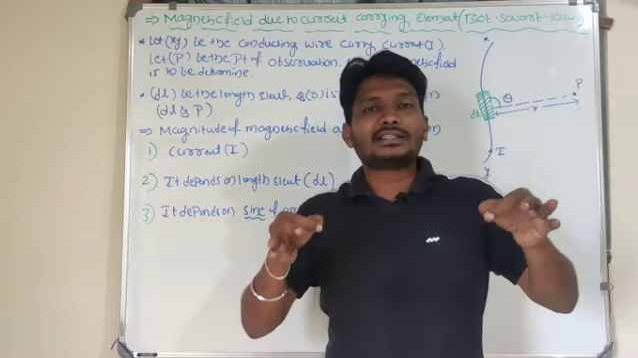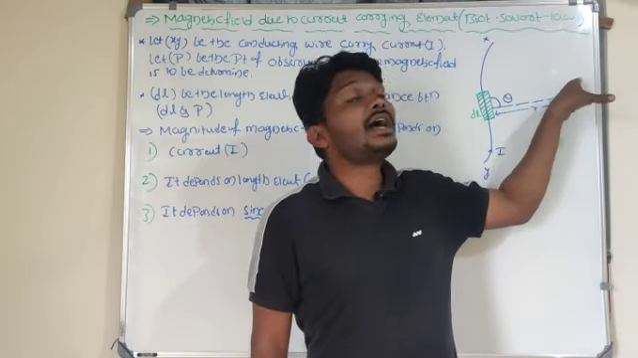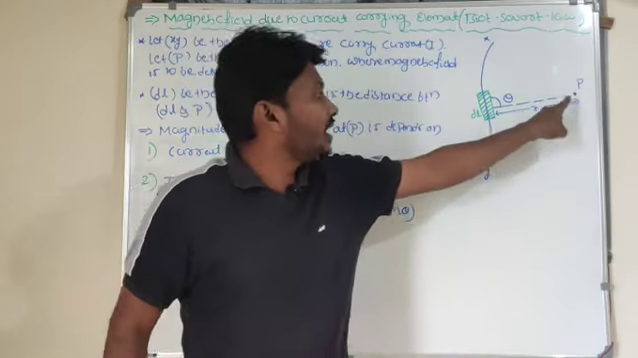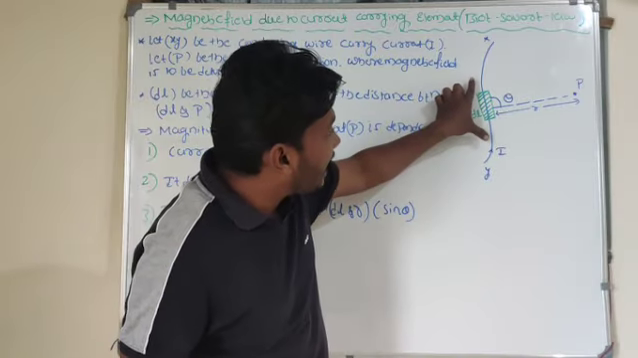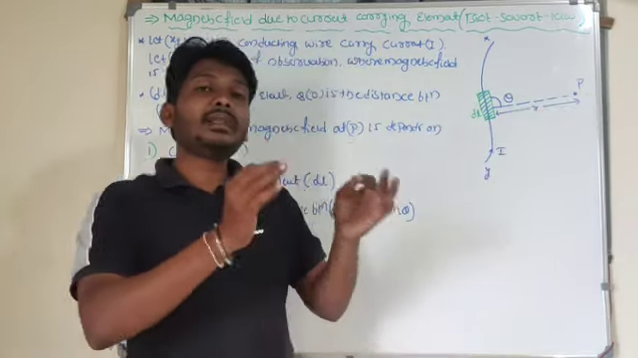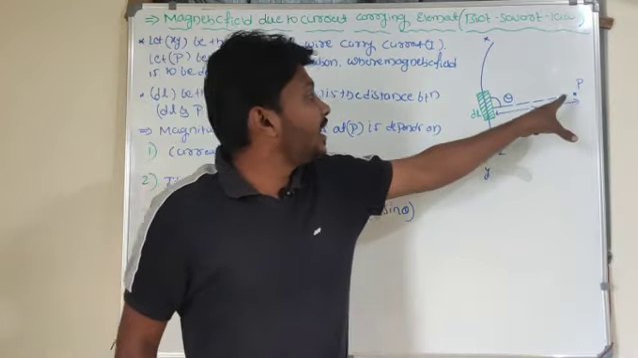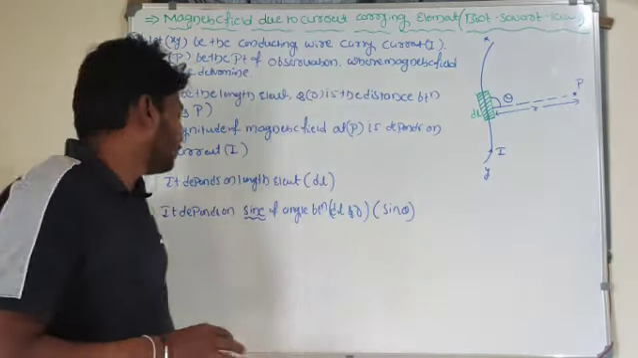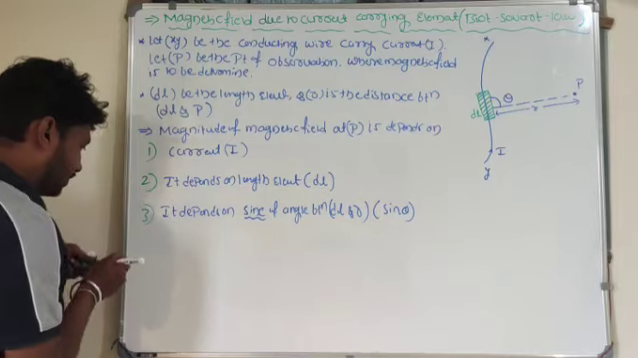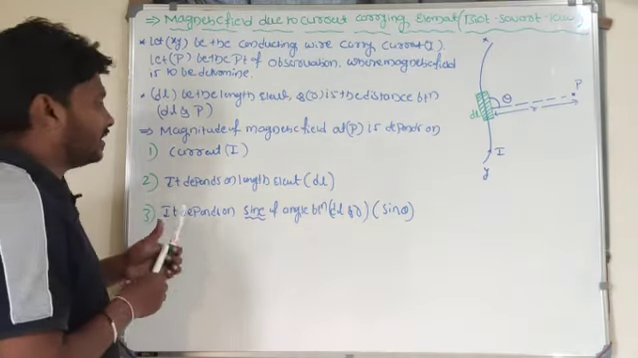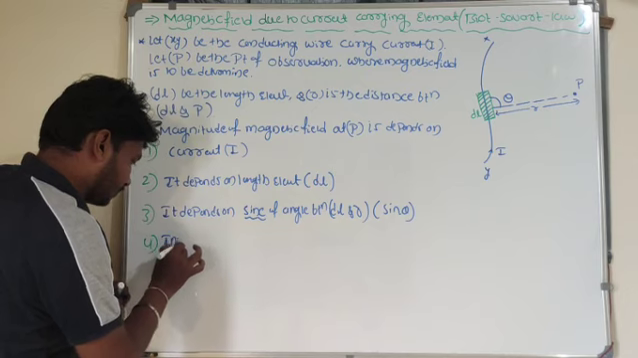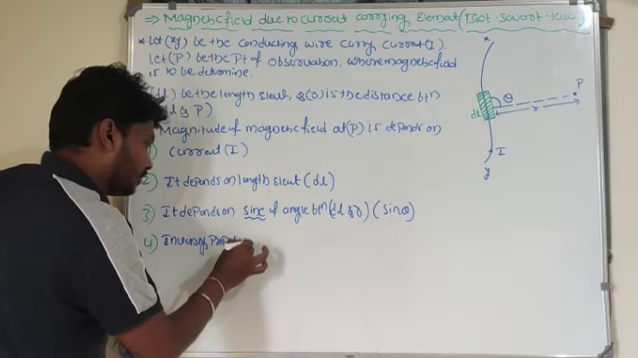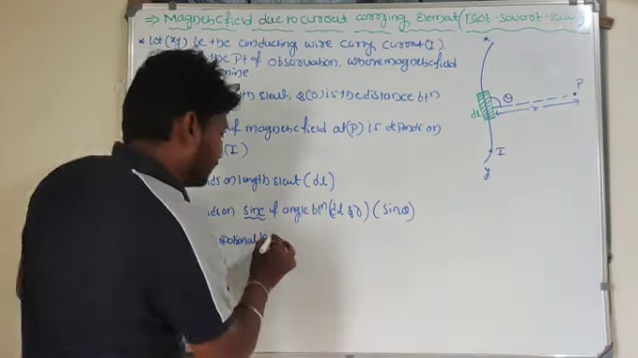So we were discussing on what factors the strength of magnetic field at point P depends. If you send maximum current, you will get maximum magnetic field. If you choose a large length element, you will get maximum magnetic field. The magnetic field at point P depends on the angle between the length element and the line joining. And the fourth point is that it is inversely proportional to the square of the distance between